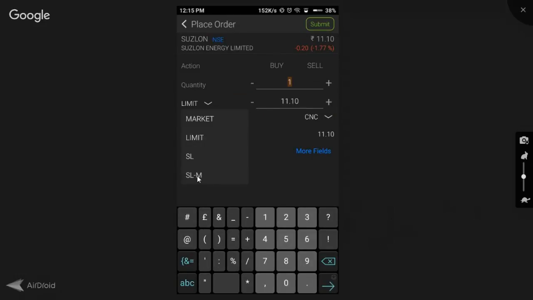In the case of SLM, you do not have to define any range, you just have to enter only one price called the trigger price. So for example, let's see how SLM works. What you have to do is select your action. If you have bought the script at rupee 10 and you have suggestions that it may go down to rupee 5 or rupee 8,